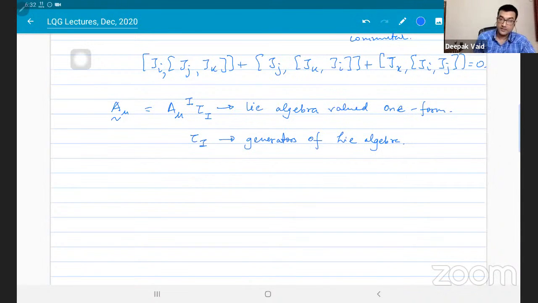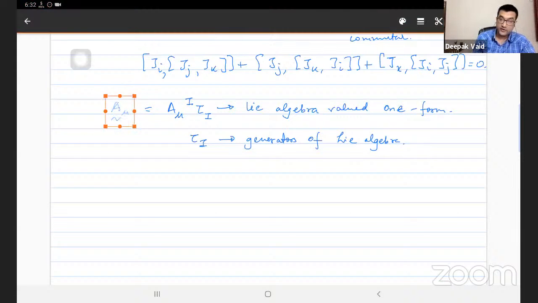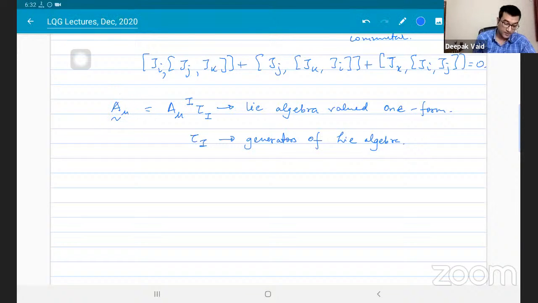And these are matrices, right? So this is a matrix valued object now. This A mu is a matrix valued object, right? And if you want to calculate the effect of this parallel transport of a particle from one point to another point,